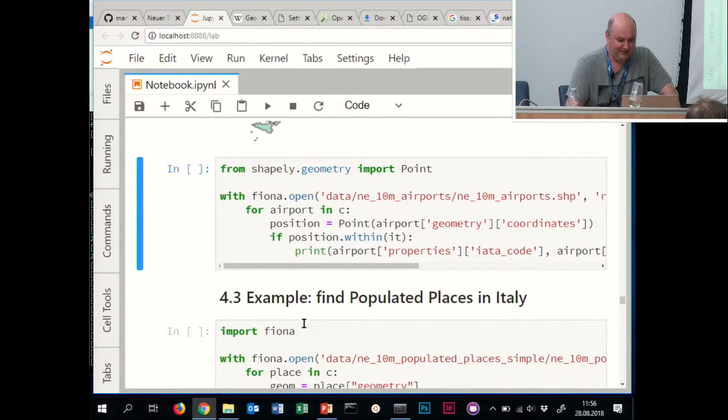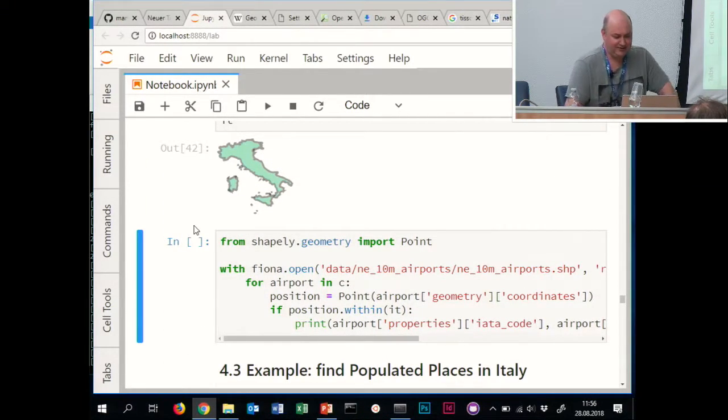So now we want to do an advanced thing. I want to go through the airports dataset, and I want to print all airports which are within this polygon. And now is the amazing part. This can be done with only 5, 6 lines, if you don't count the imports. So we can do this with 5 lines of code. Actually, in the afternoon, we will see this is possible in 1 line of code, I think, with GeoPandas. But